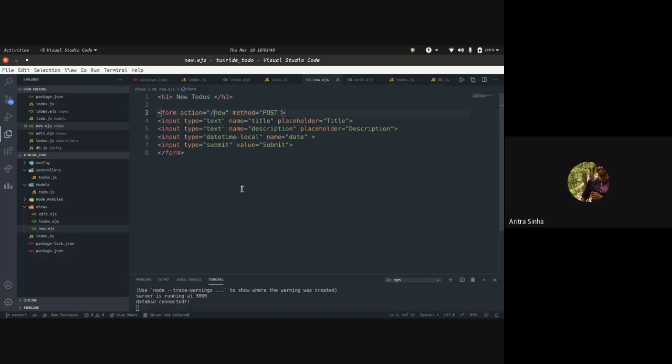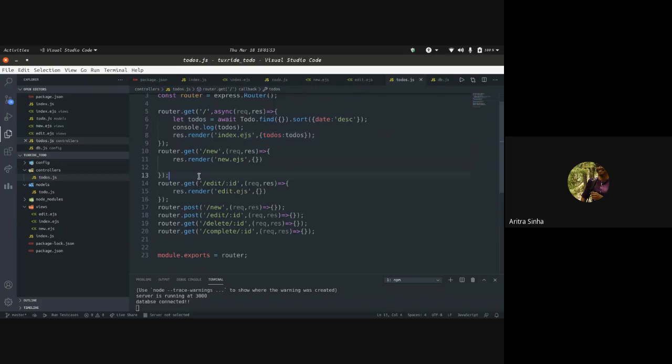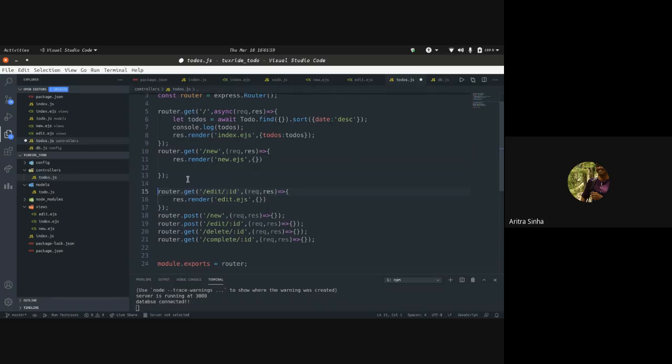So let's just go to this page, and we have already added the new.js, so we don't need to add anything else right here. We just need to add a few things inside /new.